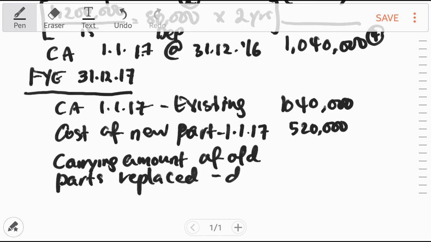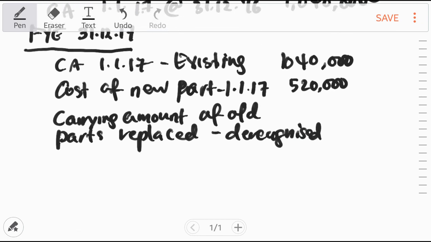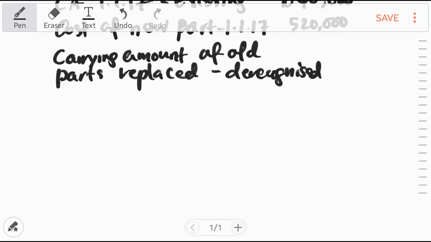Replaced means being de-recognized. To do this, you need to find out the cost of that whole part. The cost of the old parts is